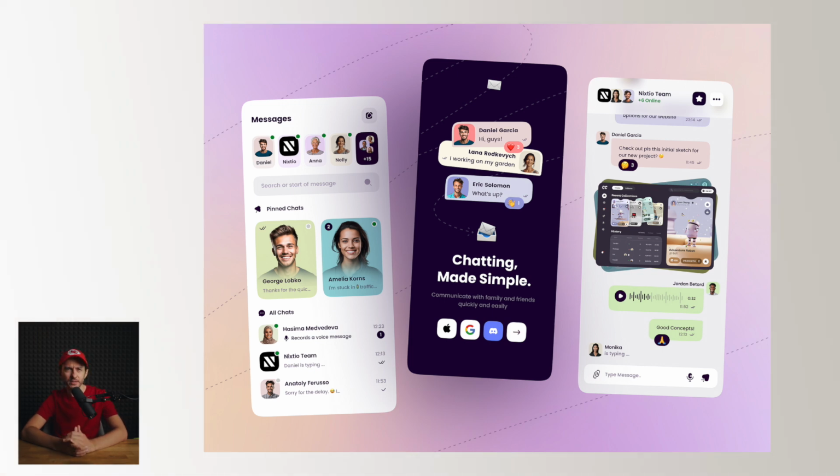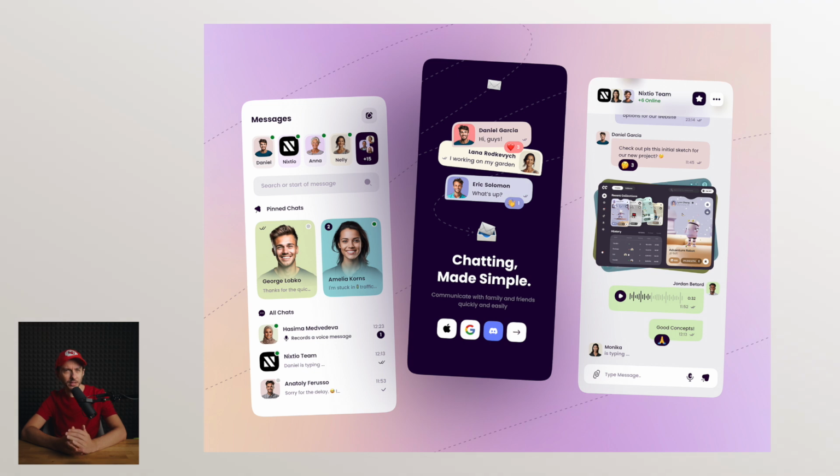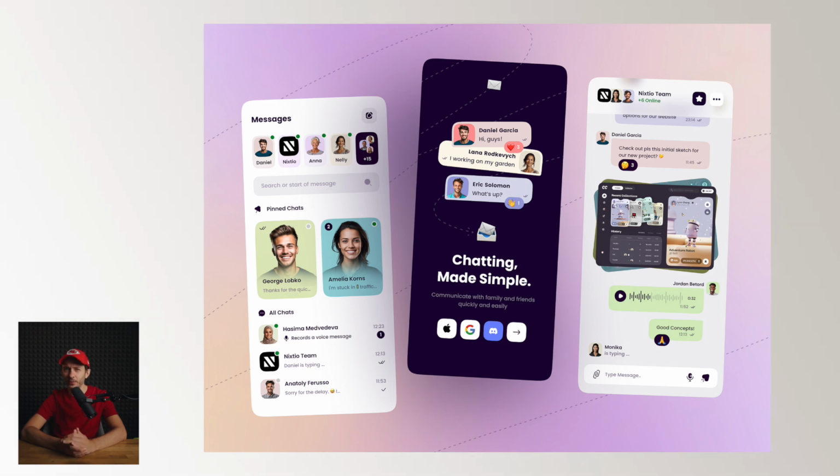On the adjacent screen, we see the chat view for an individual conversation. Colors and fonts have been carefully selected to create a subtle accent while maintaining good contrast for readability and comprehension. The entire layout flows cohesively and the chat elements are designed in a way that feels familiar, similar to Messenger